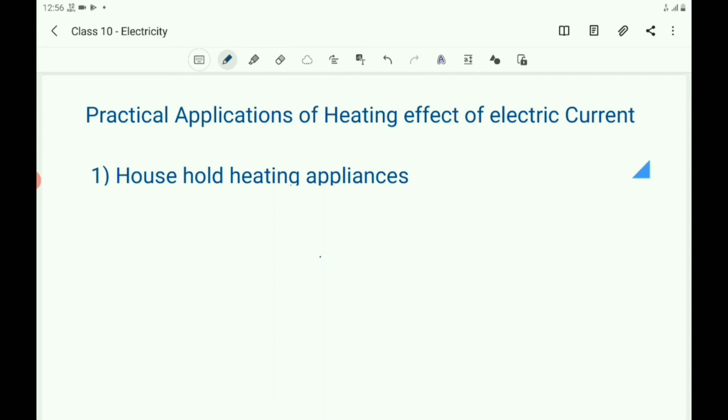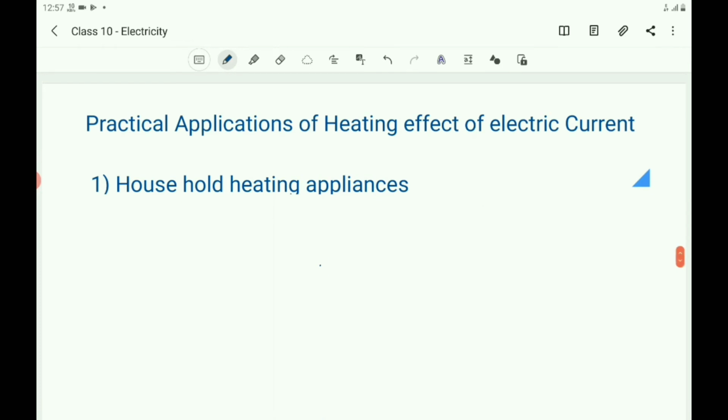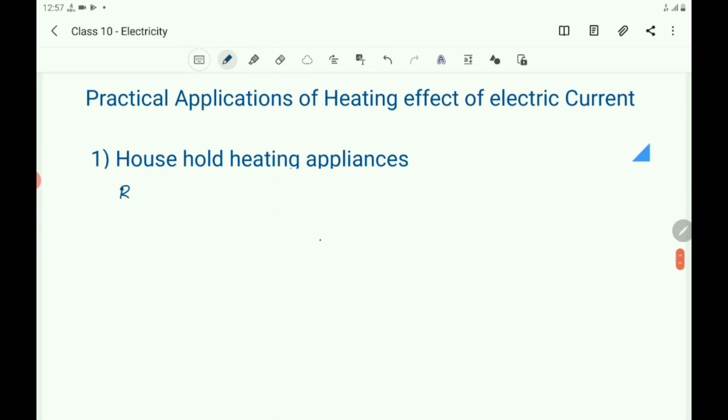Which are the household heating appliances? Most of the electrical appliances used in daily life are based on the heating effect of current, such as room heater, to get a rise in temperature,